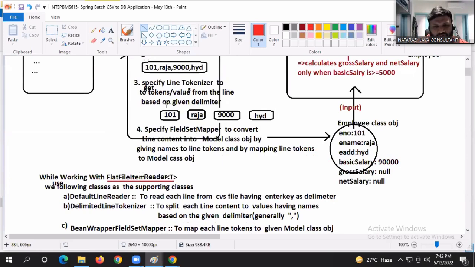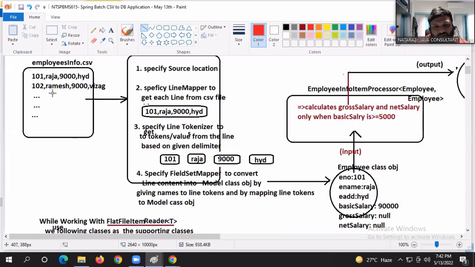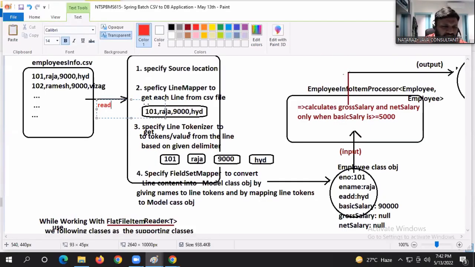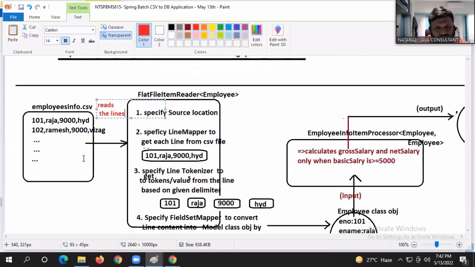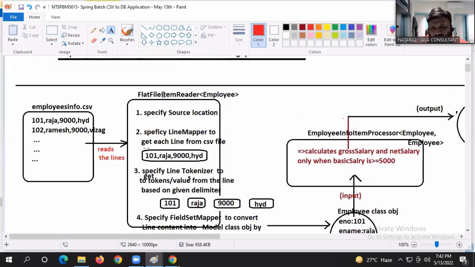Yes, boss. I think everyone has gone through this diagram. From the CSV file, it reads the lines using FlatFileItemReader into Employee class objects. What is this? First, you specify the location. Then,